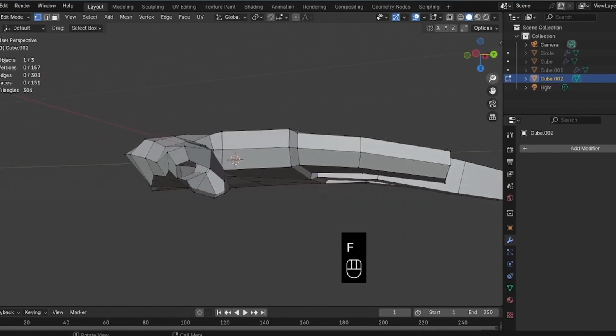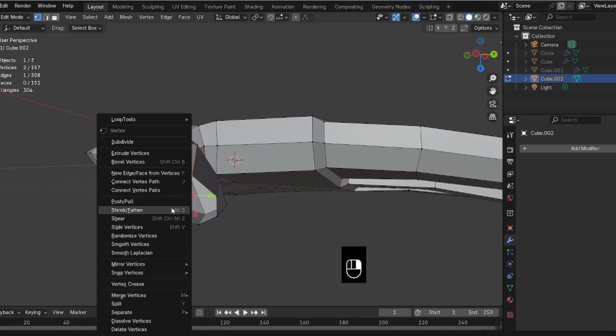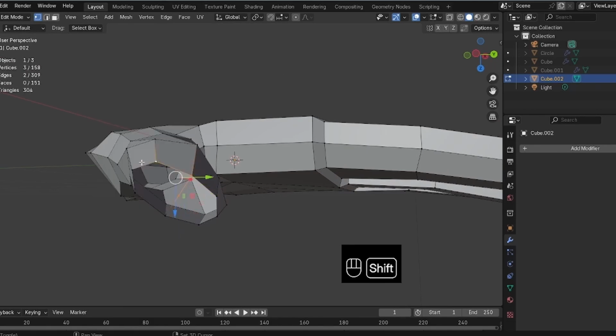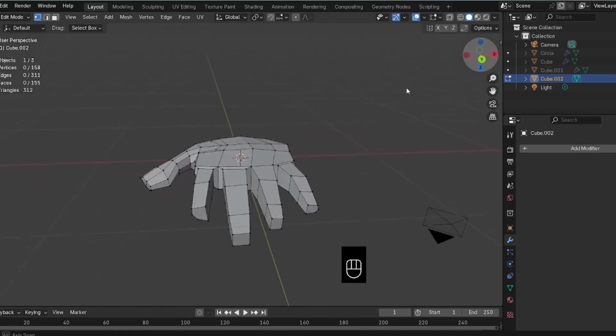Okay, select these two again, right click and subdivide. Okay, now select these 4 vertex, press F to fill, press F to fill. Similarly select it, press F to fill. Okay, press F to fill it just like this. Okay,